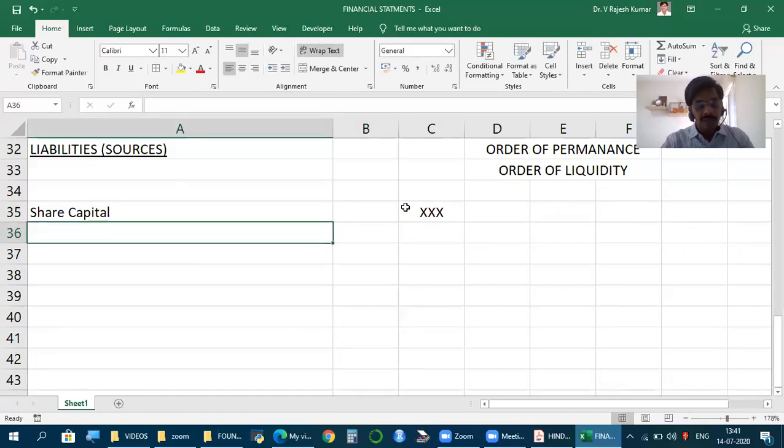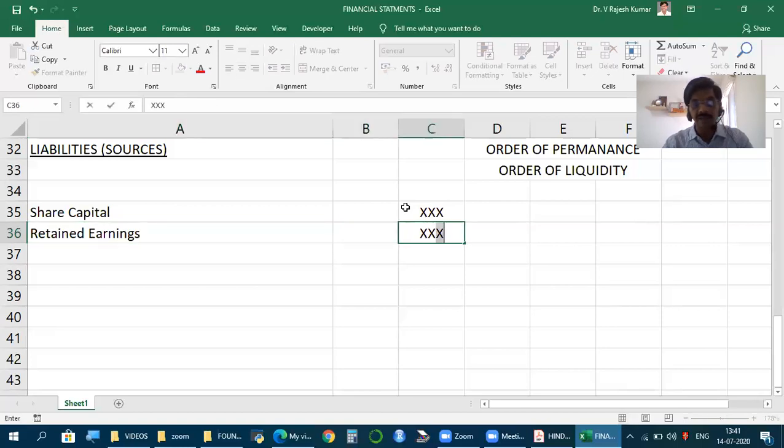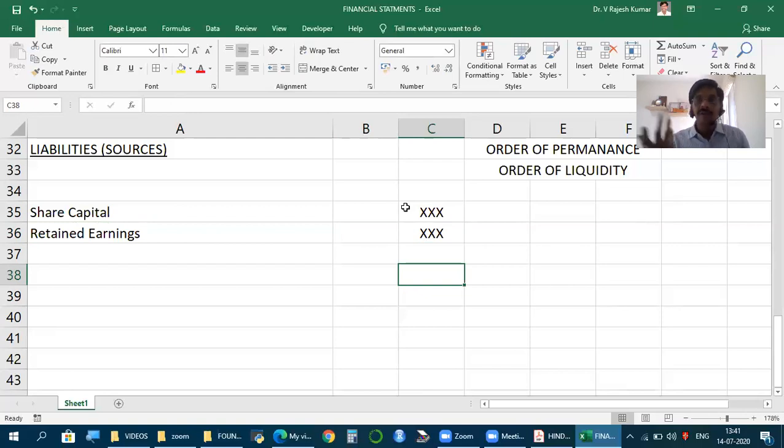Followed by, any shareholders' funds used in business, like retained earnings. So apart from capital given by shareholders, owners, any funds that belong to them used in business are also a source of funding, an internal source we call it, but again belongs to whom? Shareholders. So we show this. Since it belongs to shareholders, again, it can be used for as long term as possible. So once again, a permanent source of finance, we show this.